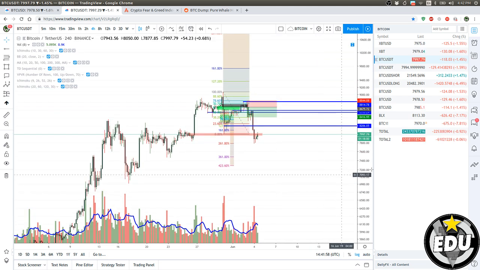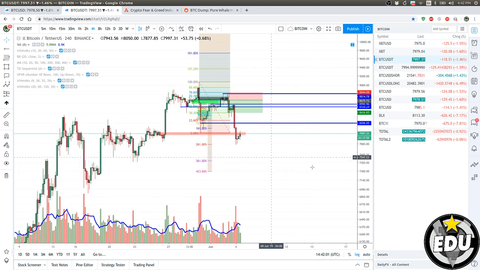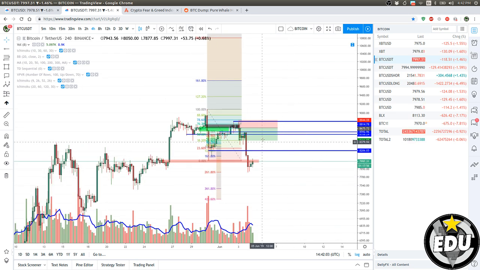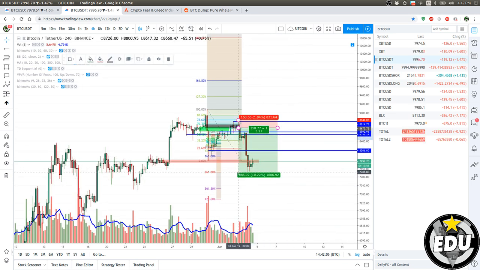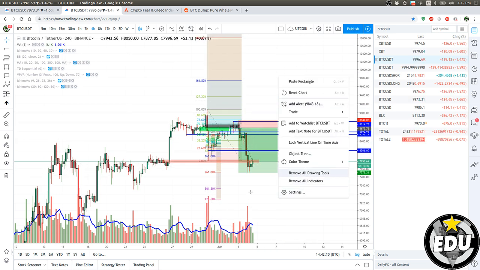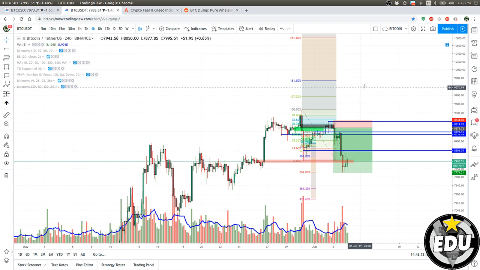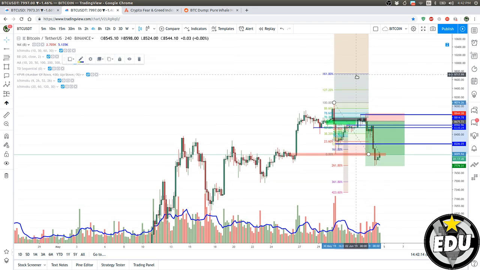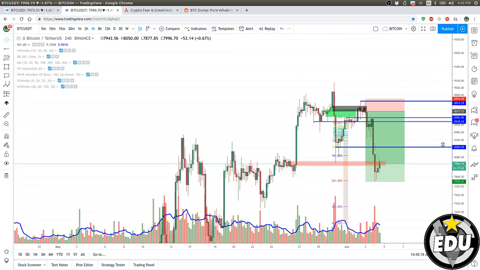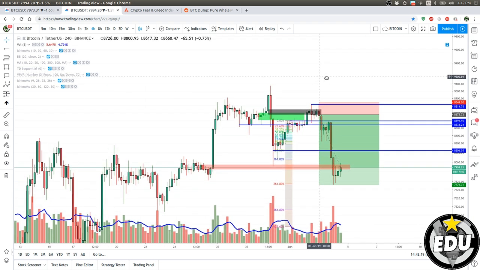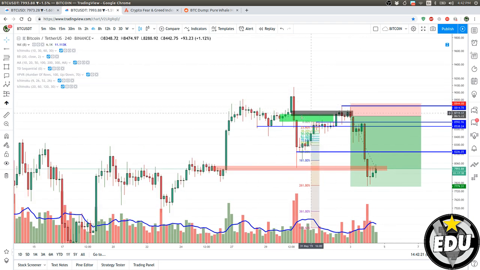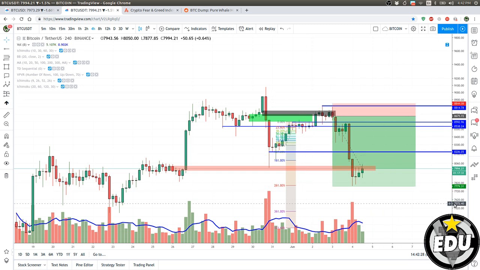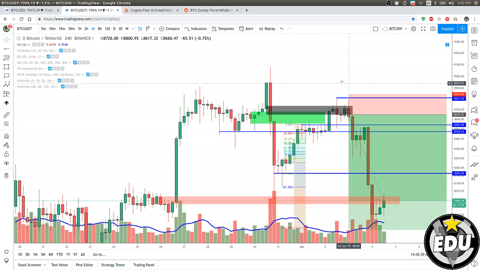Oh, this short was beautiful. What a short. This was a patient trade. This was nice because there was a quick manipulation on the breaker block on 10 minutes time frame. So when I saw this spike and drop, I looked for a breaker and I went on 10 minutes time frame and it had already worked out.